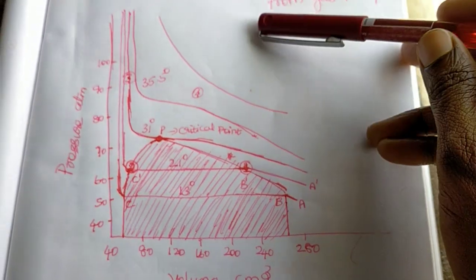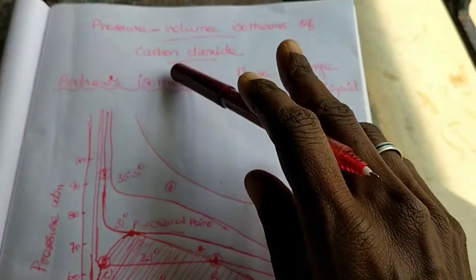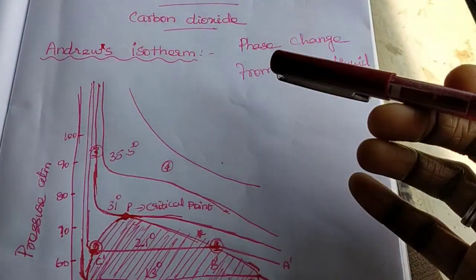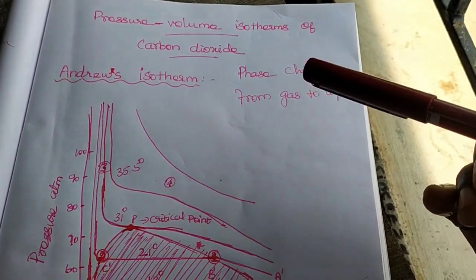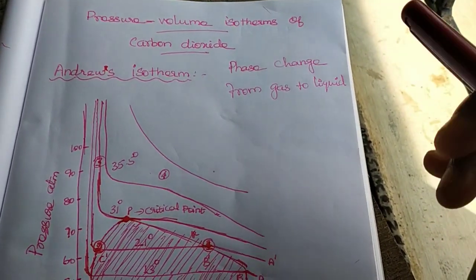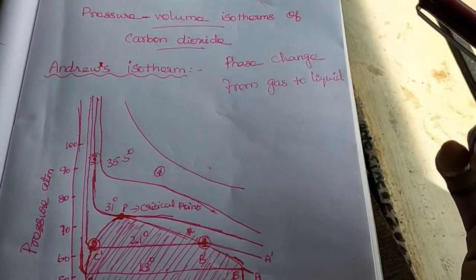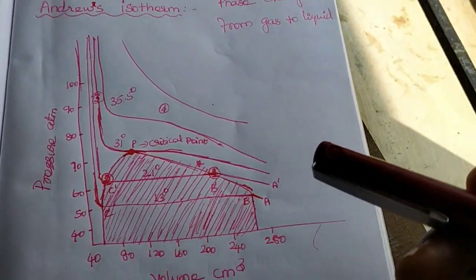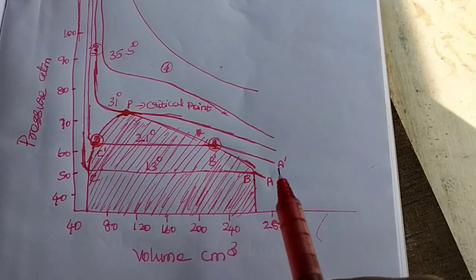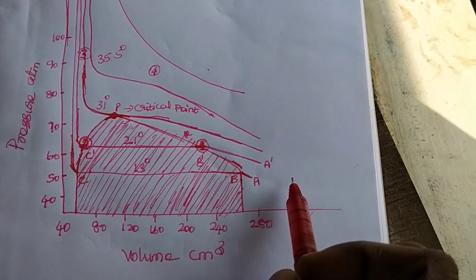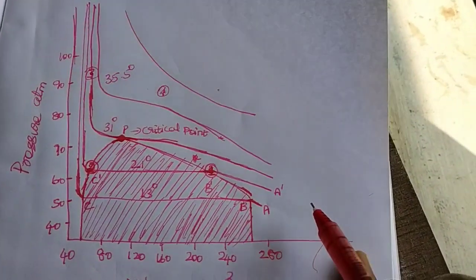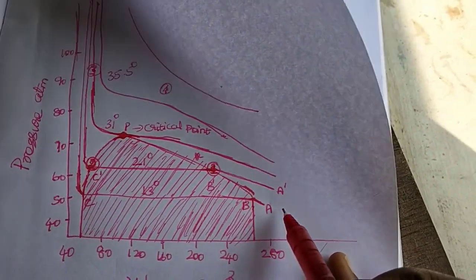The figure explains only carbon dioxide, because we are going to see only carbon dioxide gas, liquefying or converting carbon dioxide gas into liquid carbon dioxide. So take the first one, first isotherm. You have to say this is not a line, it is an isotherm. Isotherm of carbon dioxide. So name it here as the first isotherm.